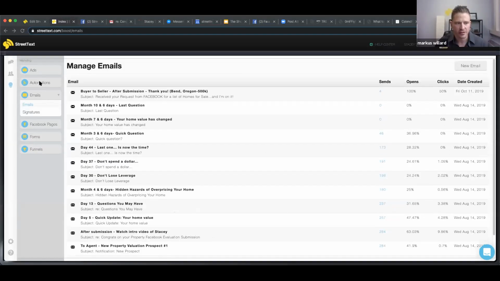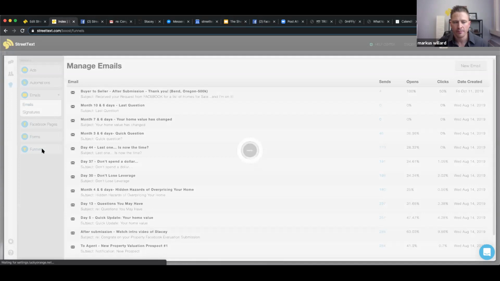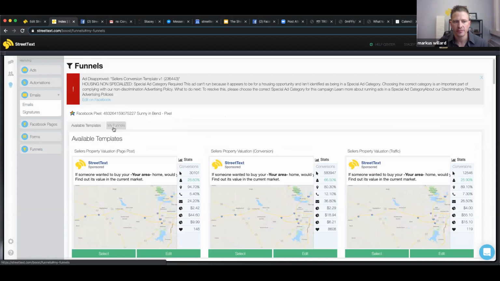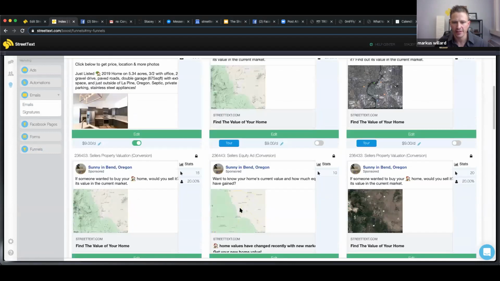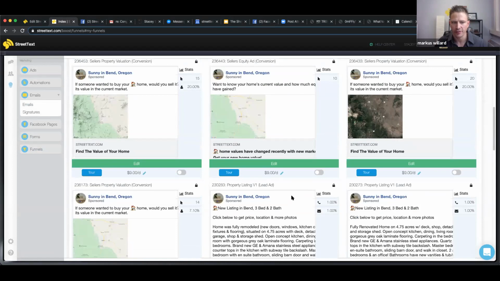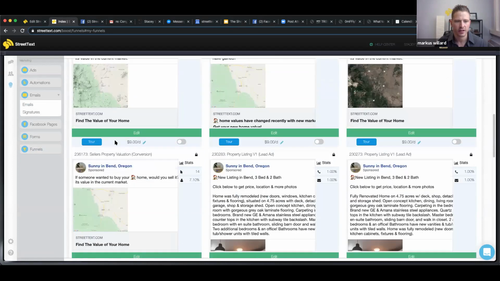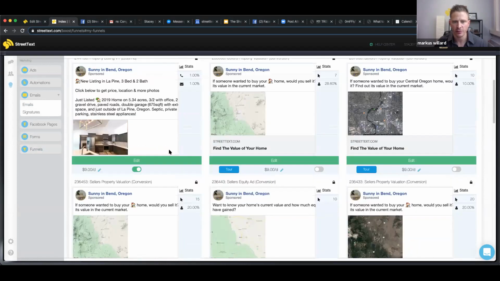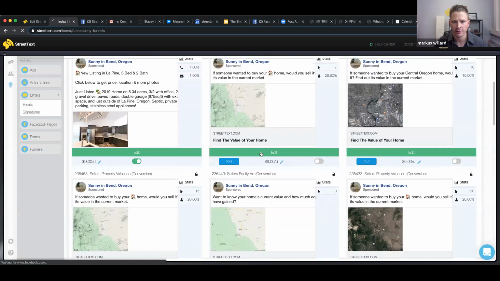So kind of think of it this way as I get into Stacy's automations. When you go to your automations, there's a couple ways to do it. The way that the funnels work now, if you go to funnels, is you can actually go to My Funnels, which is showing you your current ads that are on, and just edit any one of those directly from that funnel, which is nice. So let's see, we have a lot of funnels there for you. Right now, I think you currently just have the listing one on, but if I went into here and clicked edit,